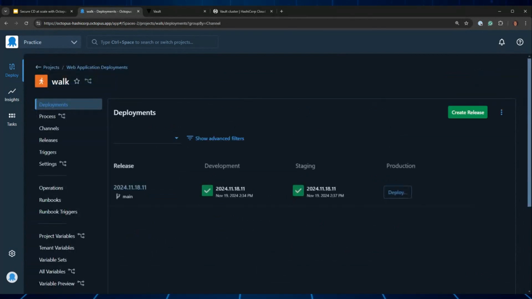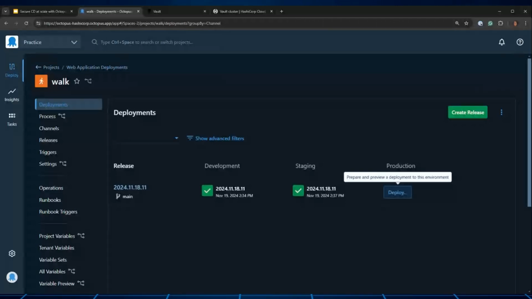And I've got a release created, okay, which is a snapshot of the deployment process that I have and some variables. And I've deployed that out to dev, test, development, and staging, okay? I'll go ahead and just hit deploy. Before I do that, quickly I mentioned role-based access control. I can apply permissions for different teams to deploy, whether it's into dev, staging, or production, giving security operations that